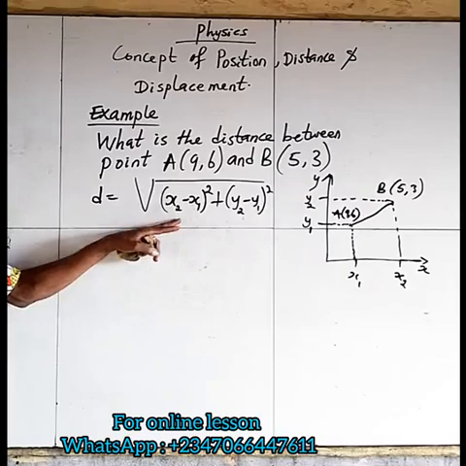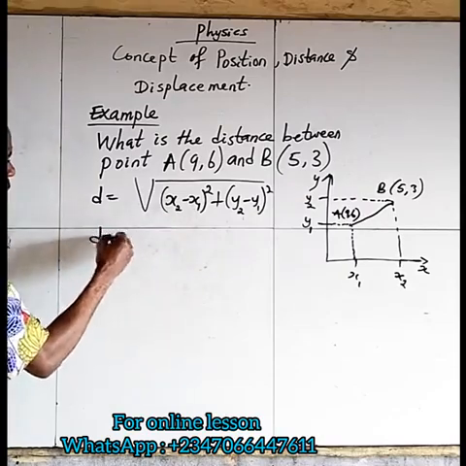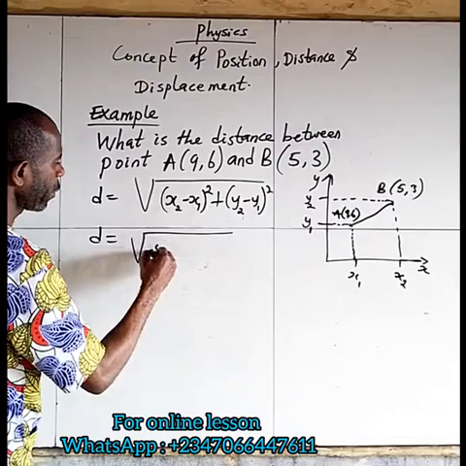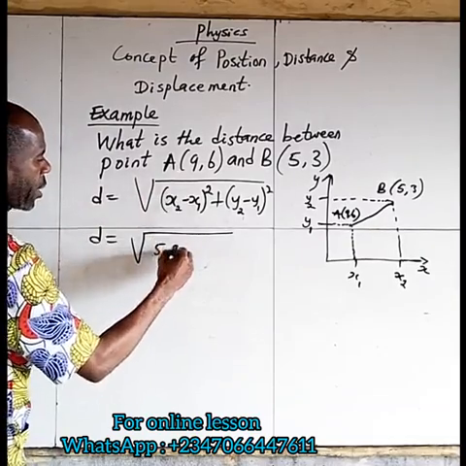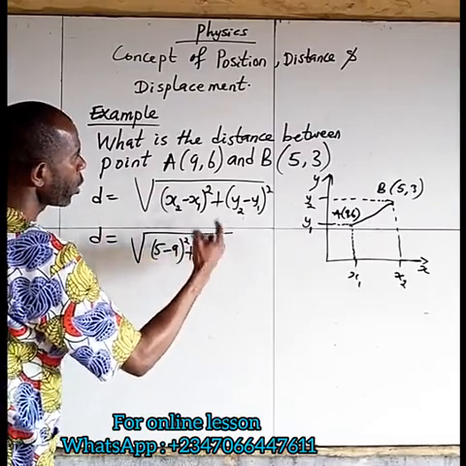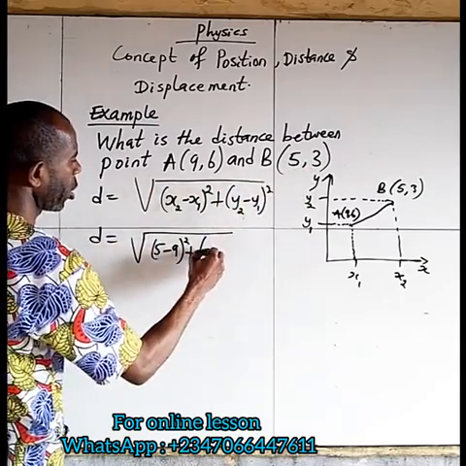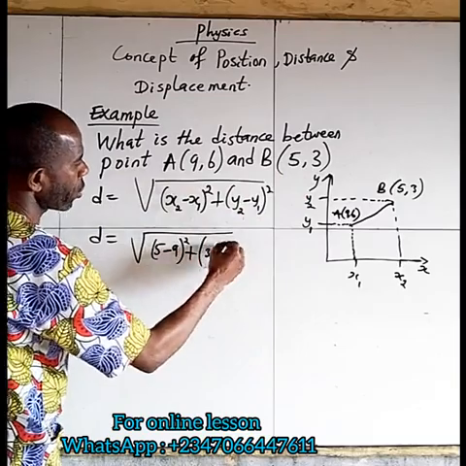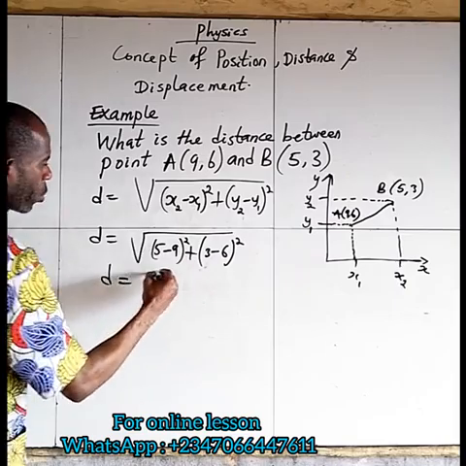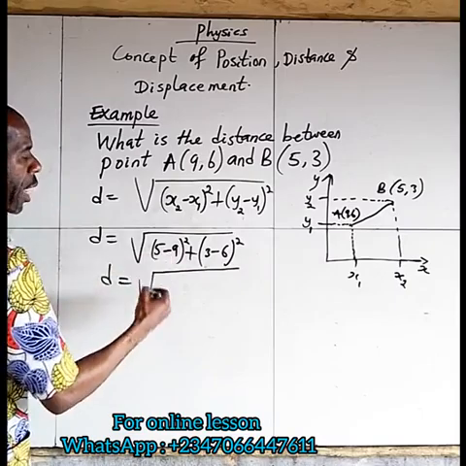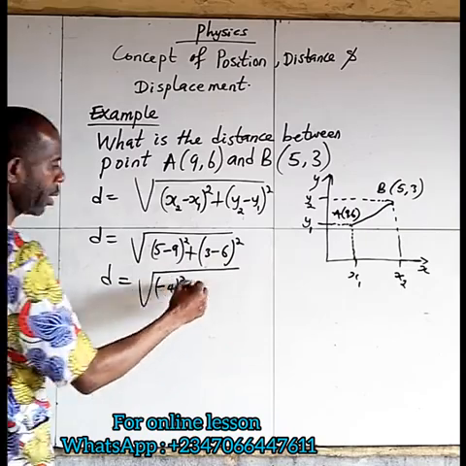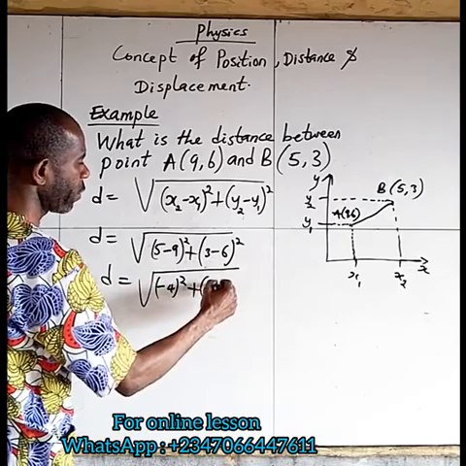Now let us plug it into this formula, which becomes d equals the square root of (x2, which is 5, minus x1, which is 9) squared, plus (y2, which is 3, minus y1, which is 6) squared. So d equals the square root of (5 minus 9, which is negative 4) squared. Remember, the square affects the negative sign, plus negative 3,